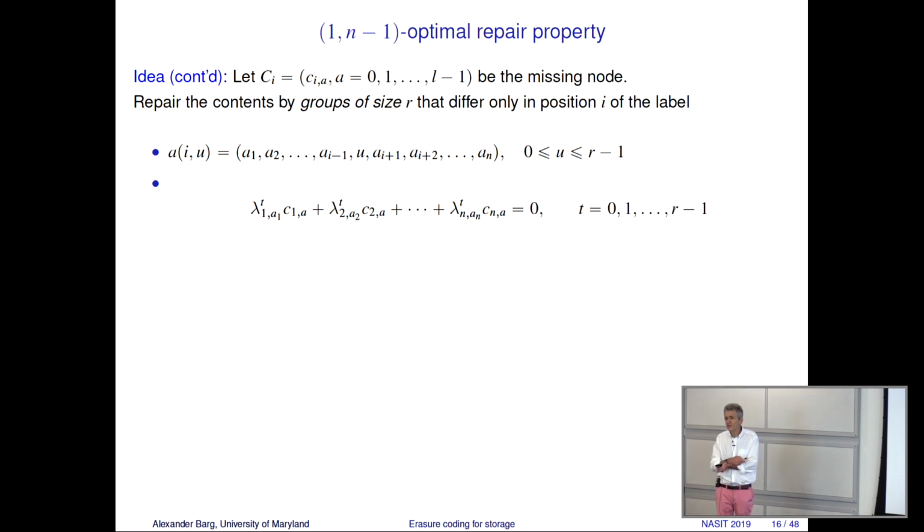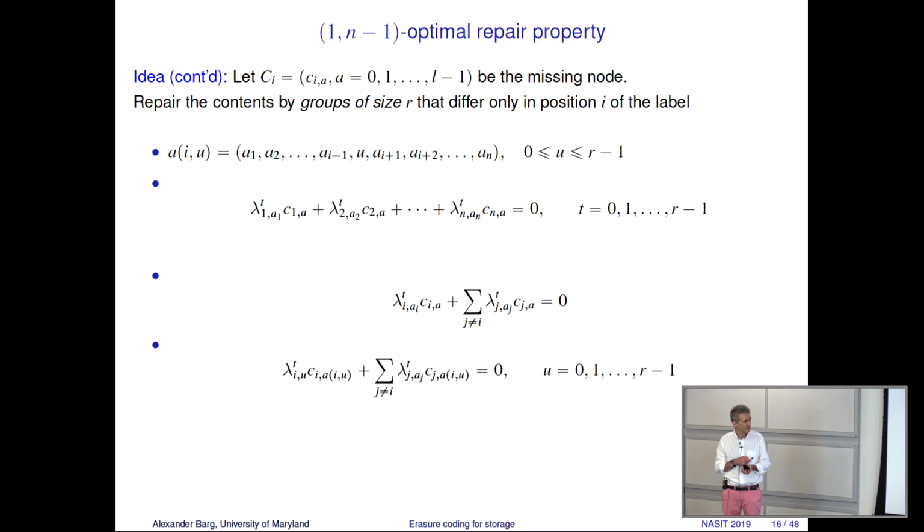I know that it is difficult to follow this, and I invite you to look at this. Just trust me that this system of equations arises. And I will show you what happens as you take this subset of parity checks. You will see that, at least it will be possible to believe that optimal repair is possible. So we write those parities as shown. Remember, the i is the erased node. The other nodes are available in the helper set. And minus 1 nodes. So there are equations of this kind according to the groups of those labels that we isolated.